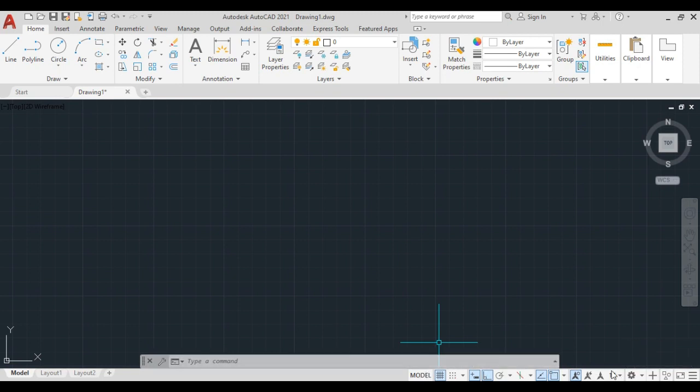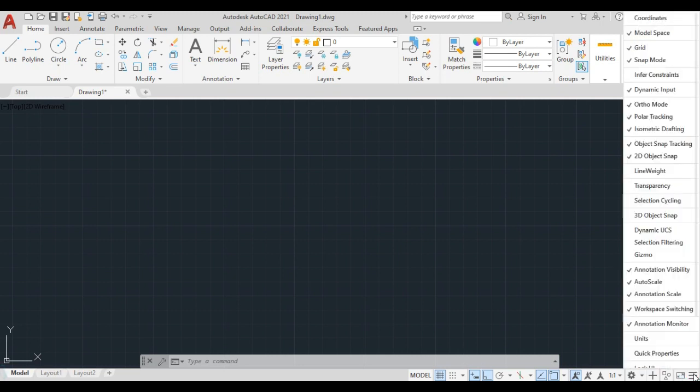If you are not getting these toggle keys when you installed your new AutoCAD, nothing to worry about. Just go here to the customization option, click over here, and you can see the total settings, which are selected. The selected ones are shown here.